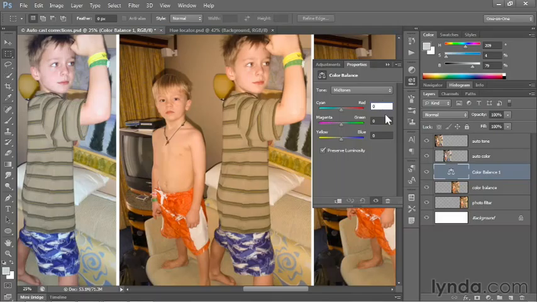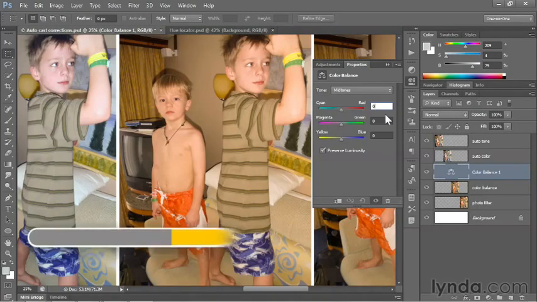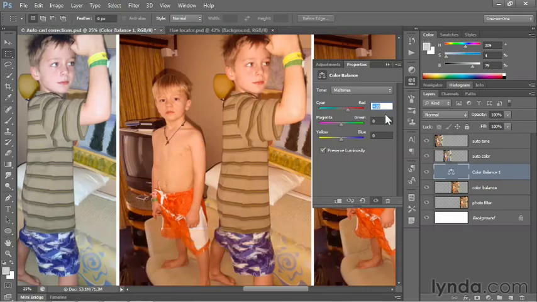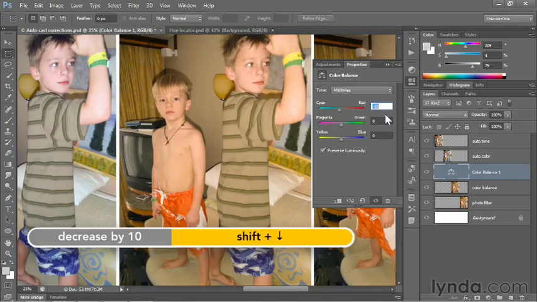As opposed to dragging the sliders, which you can, I think the easier way to use this command is to adjust the numbers. So if I click inside that first field and press Shift up arrow, you'll see that I'm adding red to the image, which is exactly the opposite of what I want. Instead, I want to remove red, so I'm pressing Shift down arrow, and I'll take that value for now down